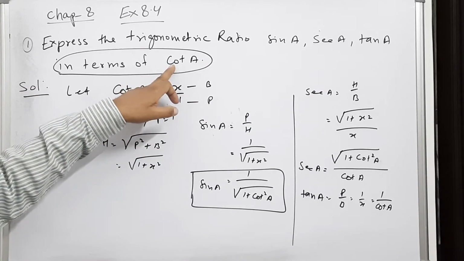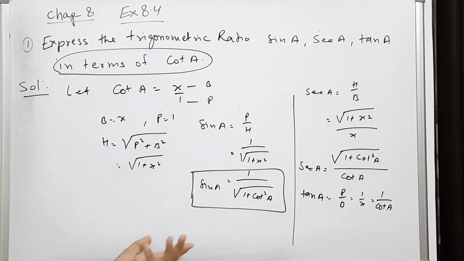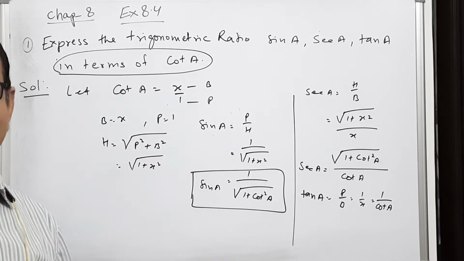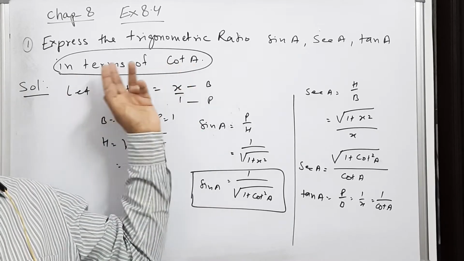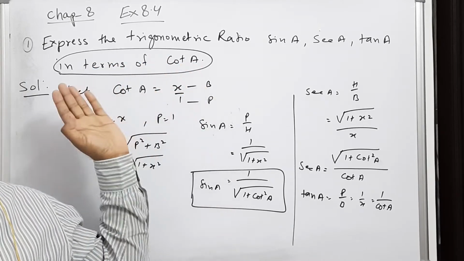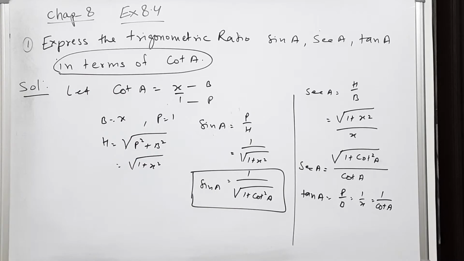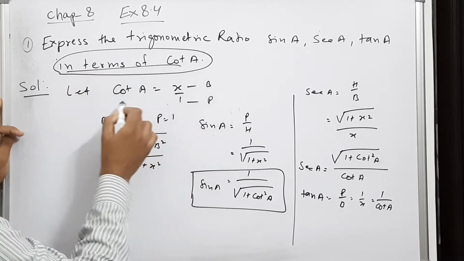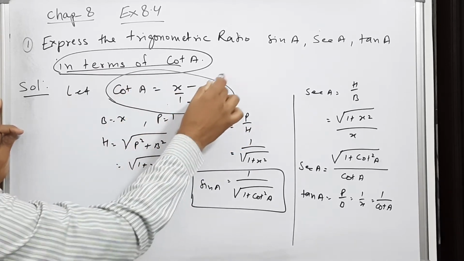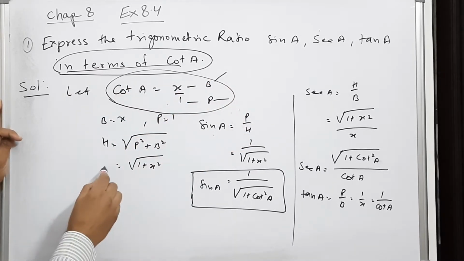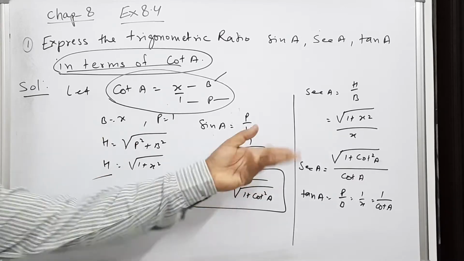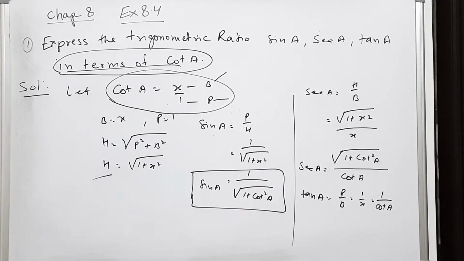Here the given ratio is cot A. In this category, there can be a total of 6 problems: in terms of sin A, in terms of cos A, sec A, tan A, cot A, all of these can be there. Again I am explaining: whatever you take as x, you will be able to know 2 quantities, calculate the third one, and then use the formulas which we have done in exercise 8.1. In this way you can understand things very simply. So this is the way we express it.